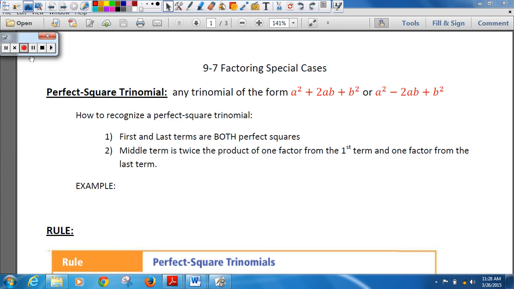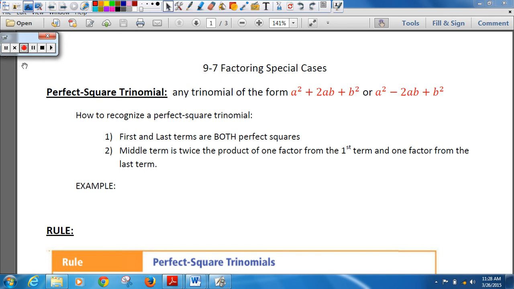Okay, today we are still factoring, but now there are some special cases. You could still factor these special cases using our normal rules that we have covered the last few days, but if you notice that they are special cases, it will make it a little bit faster for you to do it this way. So the first one that we're going to be looking at is if it is a perfect